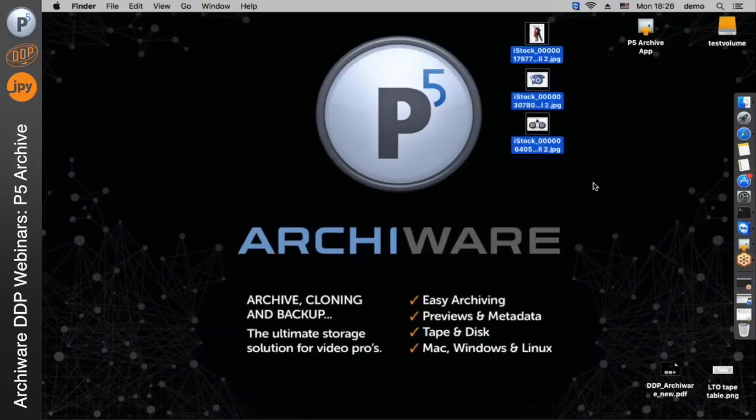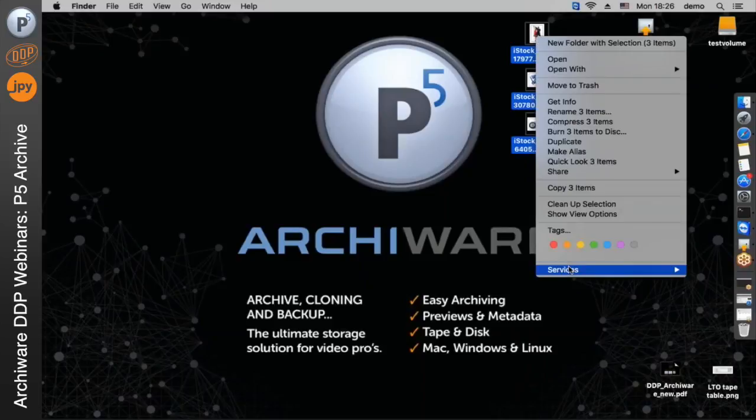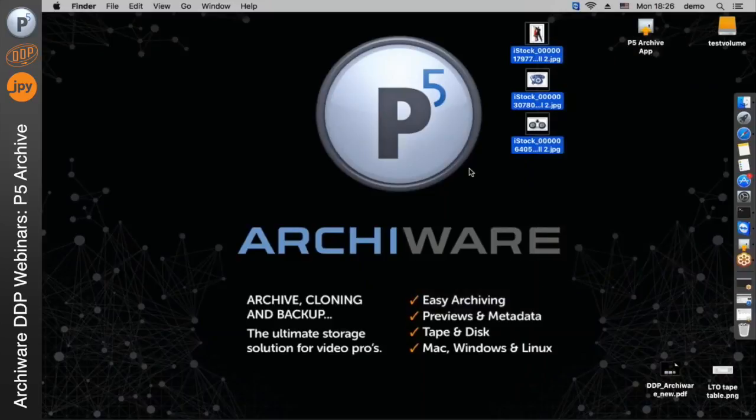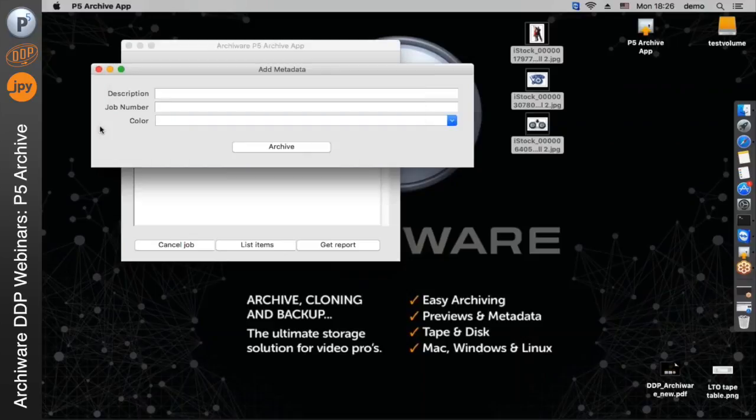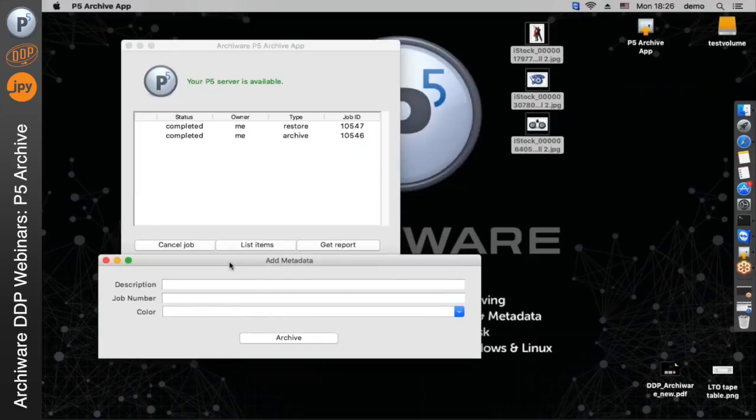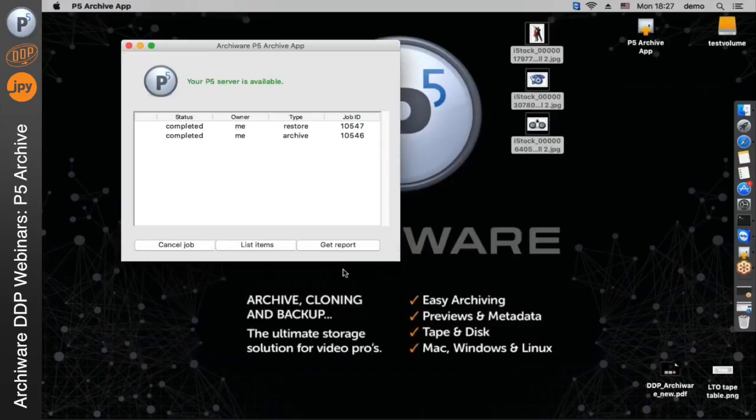So on a Mac, whether you want to access and archive data from a DDP volume, or some other file server or local files, as I'm doing here on the desktop, I can archive directly in the Finder. So the way that works is that we just right-click in the Services menu, we say Archive to P5, and then we're done. Now, in this case, the Archive app needs to prompt me for input of metadata. So as you saw in the browser, I can type in "from Finder", just as something to locate later. I could also choose from the same drop-down menu and the same text fields,